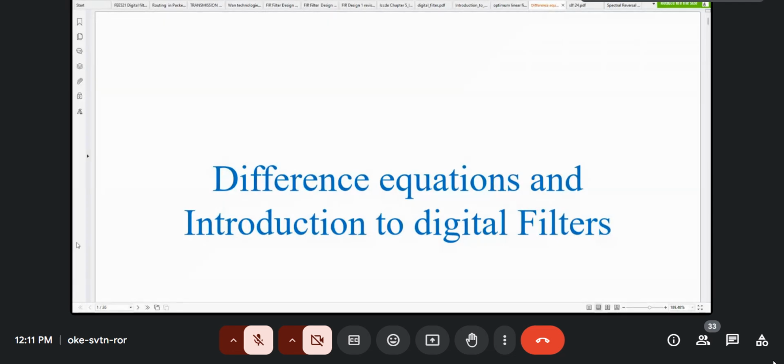Although I checked, I think you are doing the labs in MATLAB, and I think the filter design module in MATLAB doesn't require you to know much about digital filters. Actually, I tried to have a look at it. If you have done filter design in the analog domain, probably